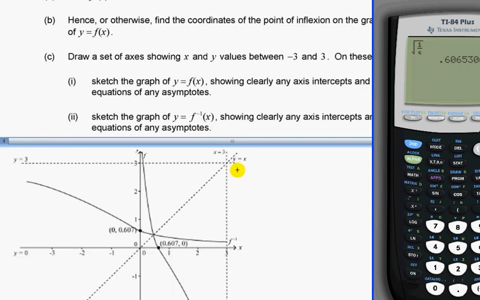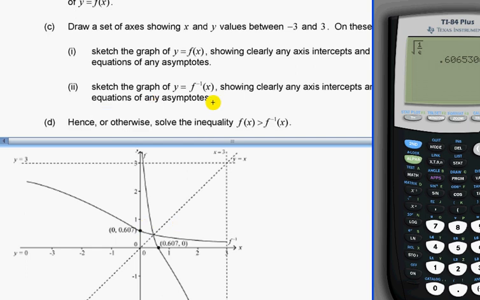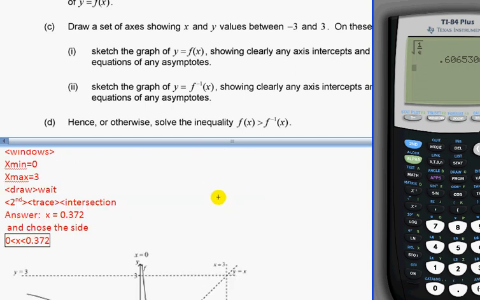So we need to find, actually it is between 0 and, so when f is more than f minus 1, between 0 and this point. This point is intersection of our function with y equals x. So let's find this intersection. So D, we are going to do D. So we should solve fx equals x. So first we press y1,